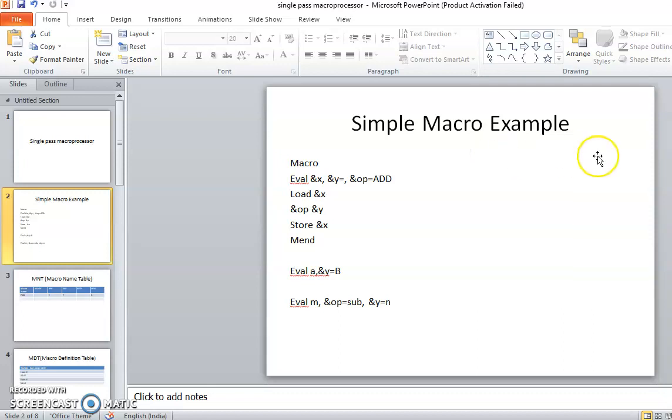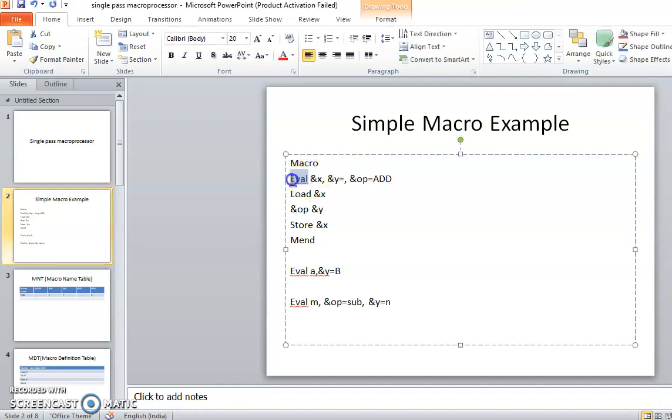Now if we see, macros always begin with a macro keyword. This is the name of the macro, eval, and it has three parameters: ampersand x, ampersand y and ampersand op. Ampersand x is a positional parameter. Positional parameter means its value has to be given during runtime, whereas ampersand y and ampersand op are known as